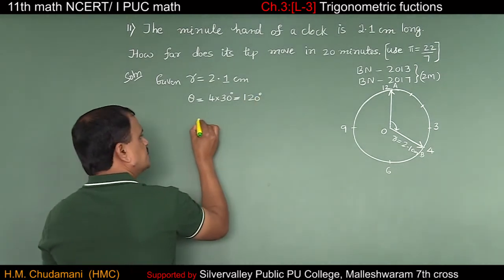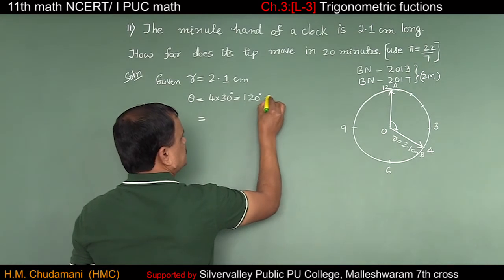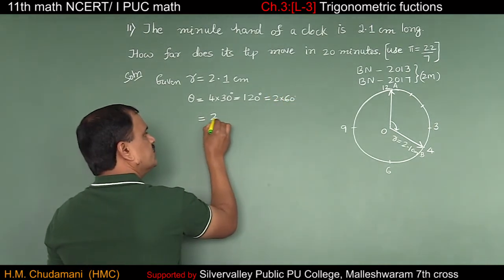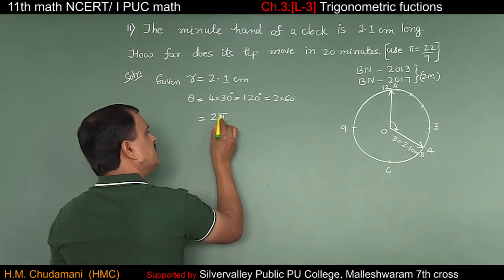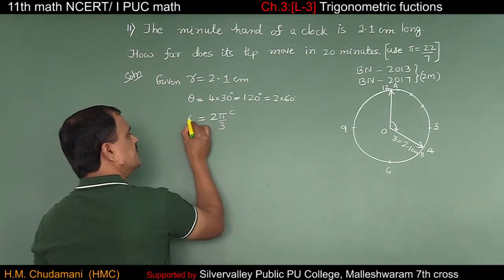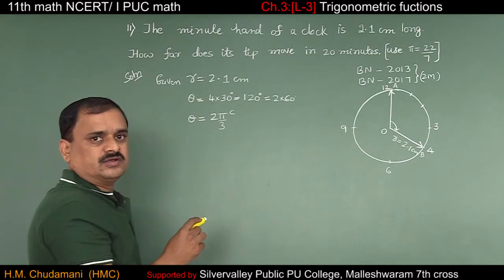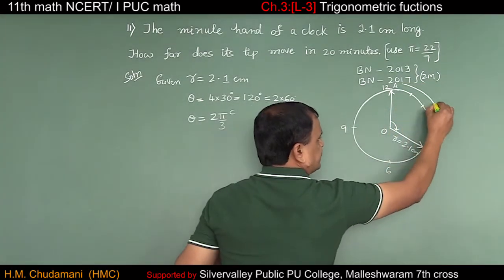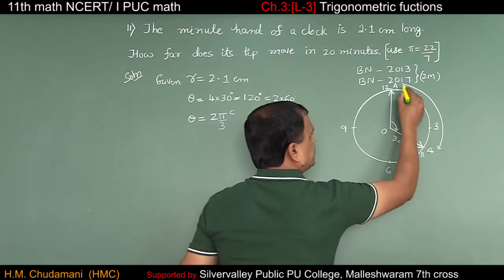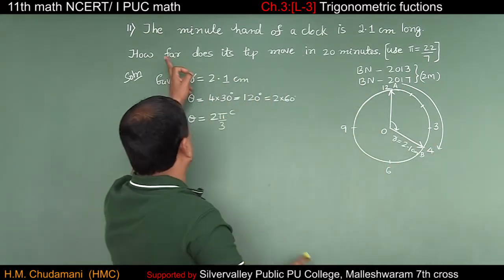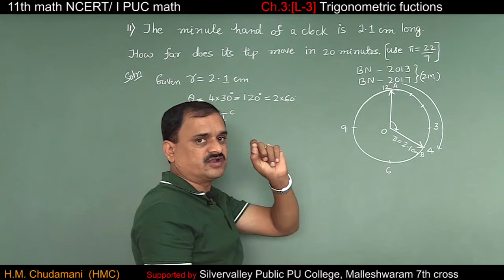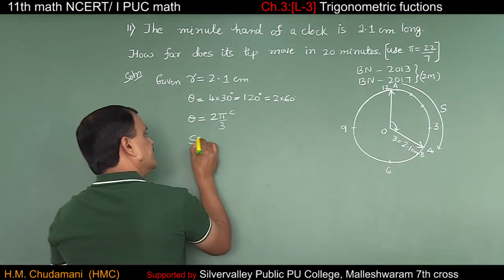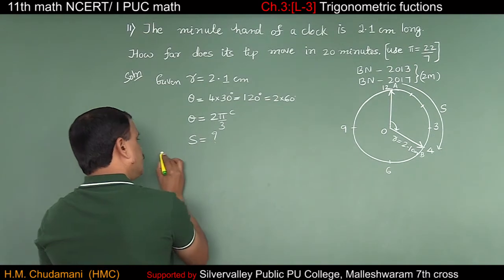So I need to convert this into radian, so that is 2 into 60 degree, that is 2 into pi by 3, pi by 3 is 60 degree, so theta is 2 pi by 3 radian. See, this is the distance. How far does the tip of the minute hand move in 20 minutes? Yes, you are supposed to find. We know that